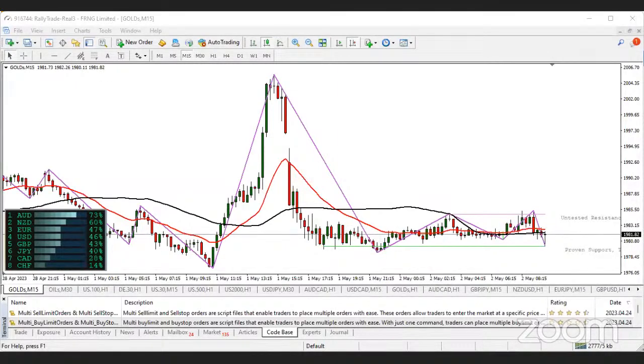Today, and at 3 p.m. we are looking forward to the JOLTS job opening. It's a major news that is also coming out today. For the NZD zone there are a couple of news. Employment change and unemployment rate is also coming out today by 11:45 p.m. So you should be looking forward to trading some of this news today. Trust me, some of this news can be very, very helpful.